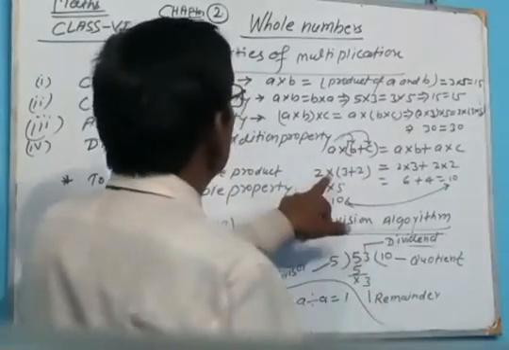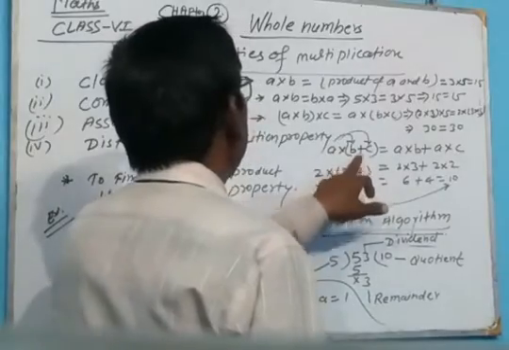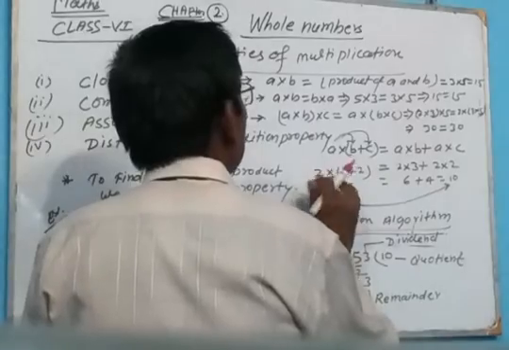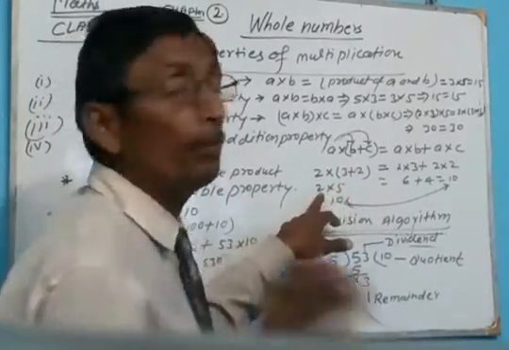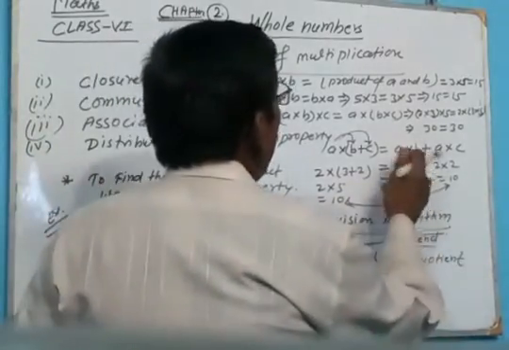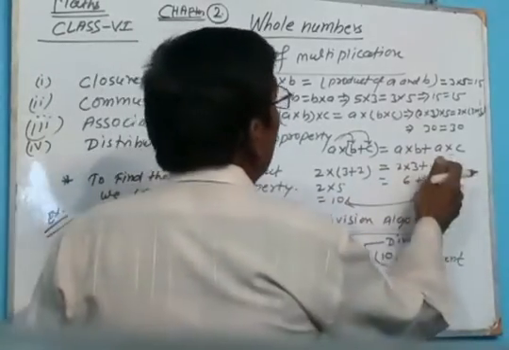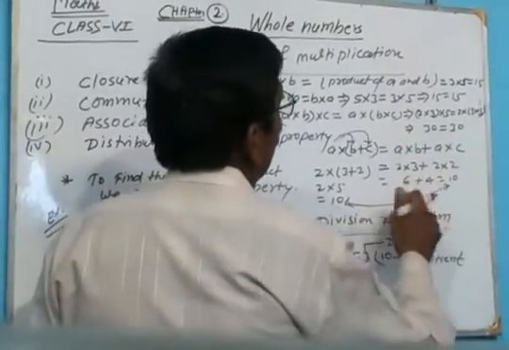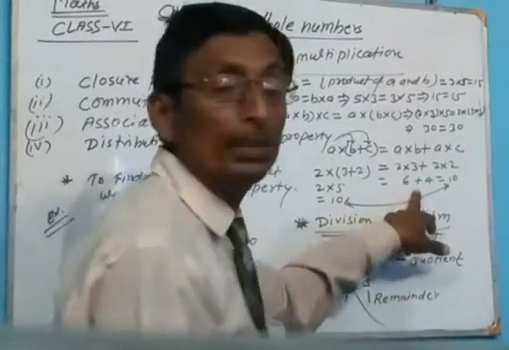If we have A equal to 2, the value of B equal to 3 and the value of C equal to 2, and we multiply 2 with it, then 3 plus 2 is equal to 5 and multiplied by 2, we get 10. Come here and find it. A multiplied by B, 2 multiplied by 3 equal to 6, and 2 multiplied by 2, we get 4, and when we add 6 plus 4, we get 10. So the LHS value is equal to the RHS value.